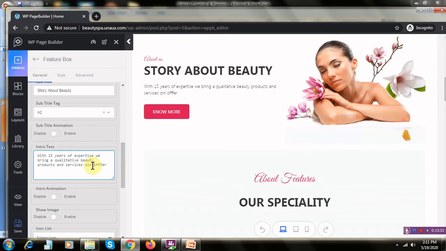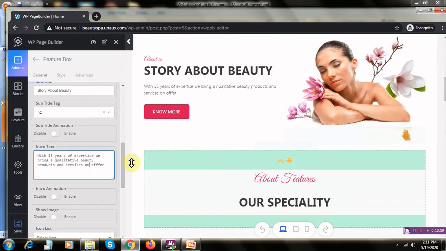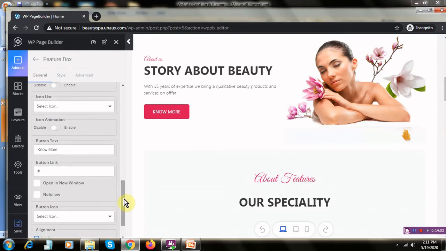Okay, so once it is done, click on save. If you want to change the button icon, there are a few things that you need to explore.